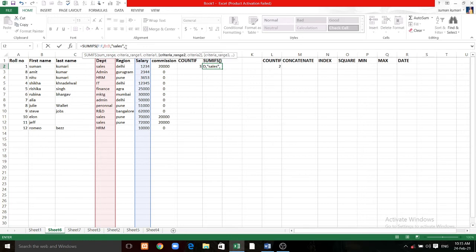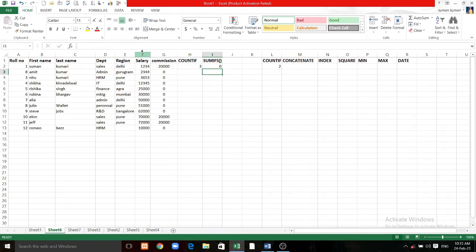The second is the region is Delhi, so select the region column, and the region is Delhi. And the third condition is the salary should be greater than 5,000 rupees, so select the salary column and put the condition greater than 5,000. Close the bracket and press enter.